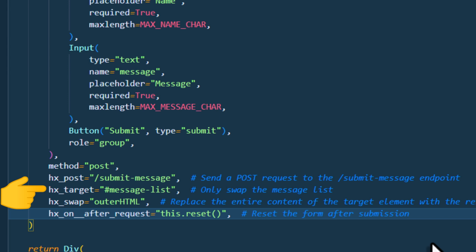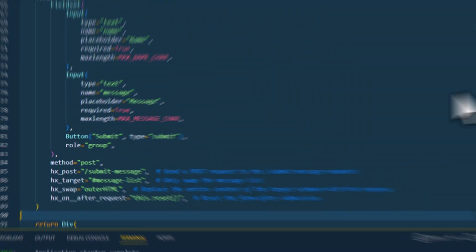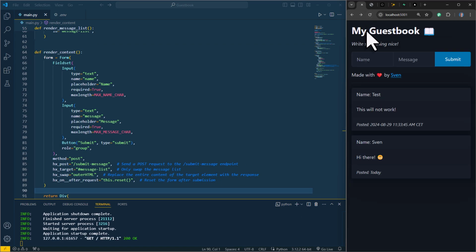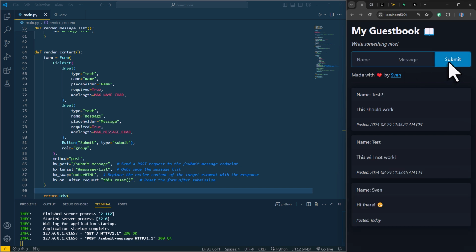We can also further specify what exactly should be replaced within the target. And as a little bonus, we can also reset the form after the post request has been sent. Alright, and that is all there is to it. Now when I reload the site and enter another message, we will now replace just the message list with the new content. Alright guys, and that's basically it, how you can create a dynamic web application in pure Python without